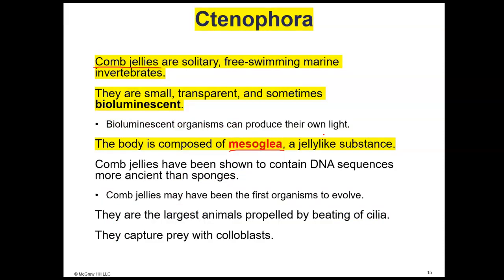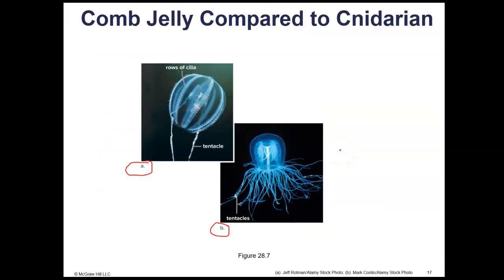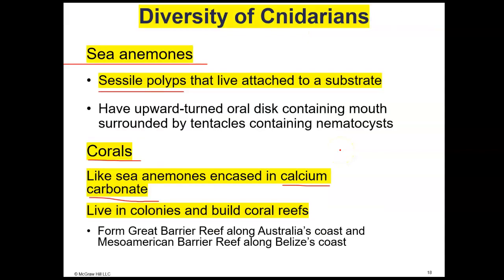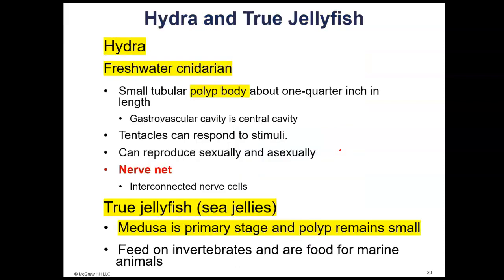Both of the phylum Ctenophora and Cnidaria, both of these phyla have radial symmetry as adults. And we talked about some of the different types of cnidarians besides jellyfish include sea anemones, corals, hydra, Portuguese man-of-war,